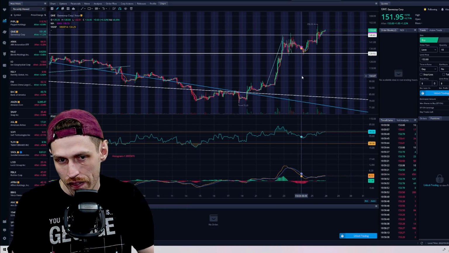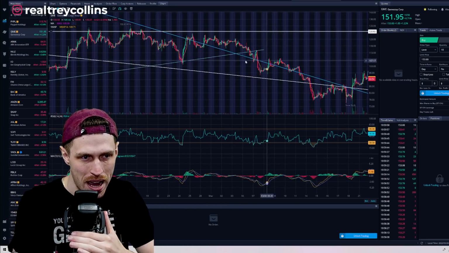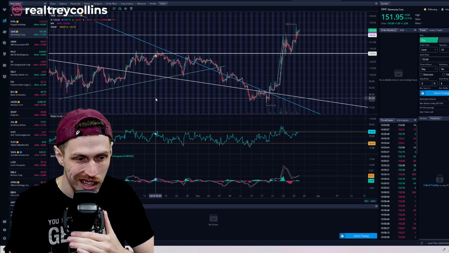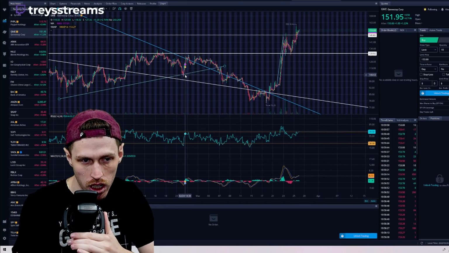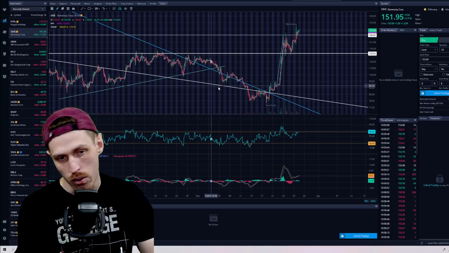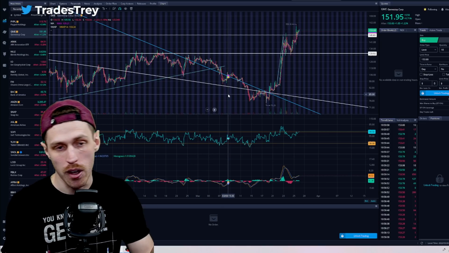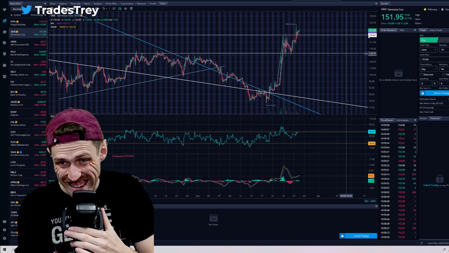$149-ish. Now, if it was to reject off that, which it did back here, right? You see that's rejection off of a flat top on the 1-hour time frame. That rejection sold off pretty hard. Came from 130 all the way down to 106. Right? That is an example of a rejection, and this would be an example of a breakout of a flat